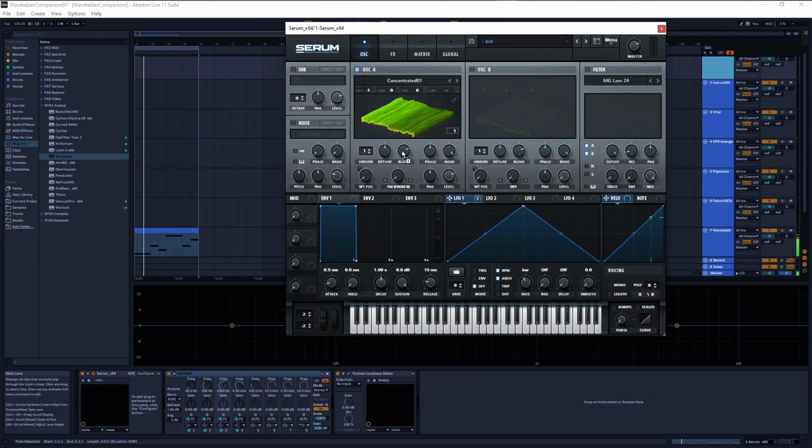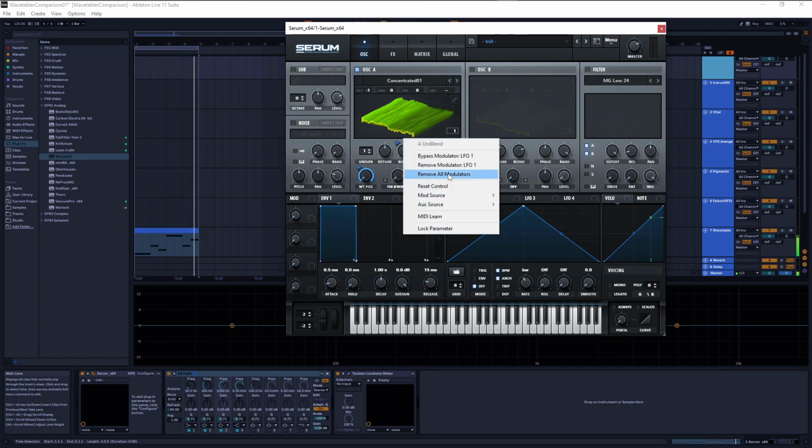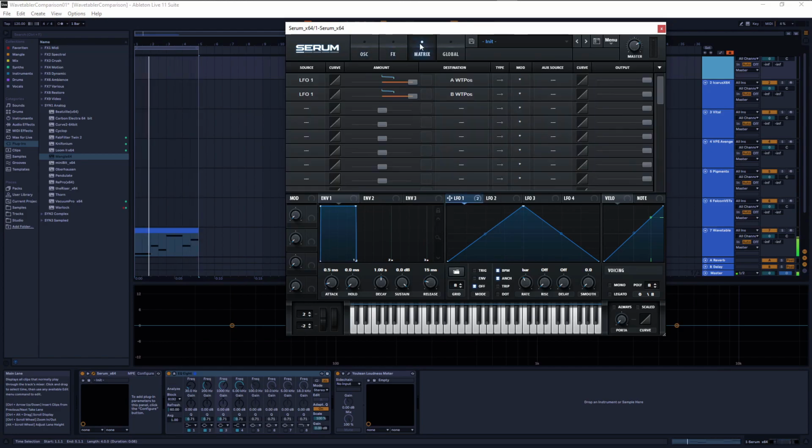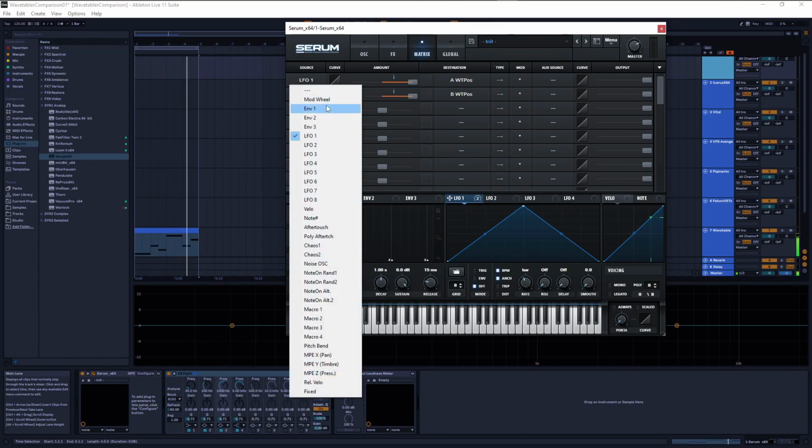You can take your LFO here, and like that you have a matrix assignment. So when I say matrix assignment, what I mean is, I'll delete this if I want to do it here. Here is a modulation matrix, so you have modulation sources, which can be envelopes, LFOs, or chaos, oscillators, some randomization,